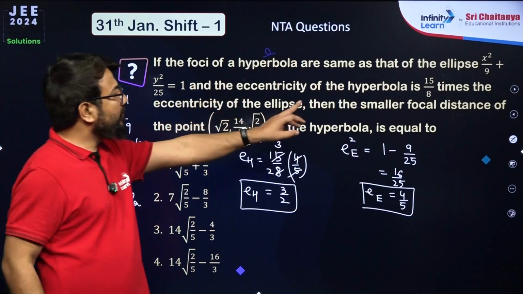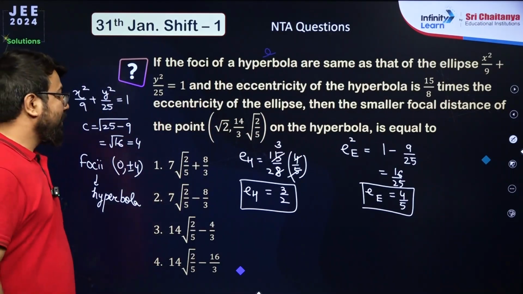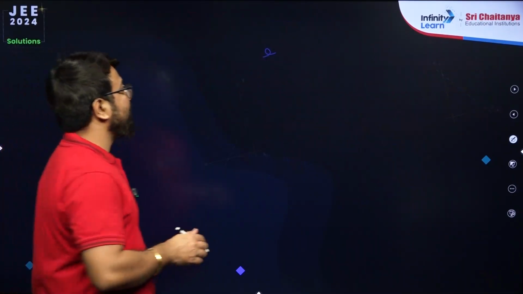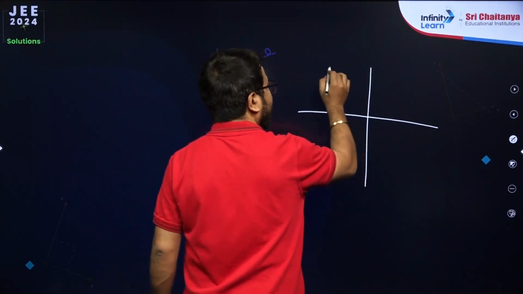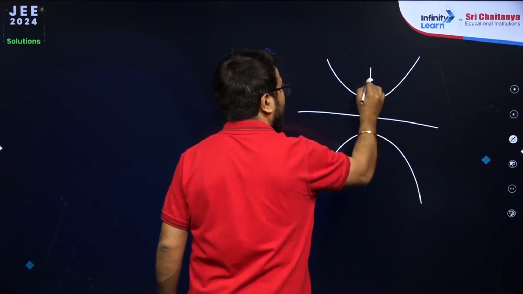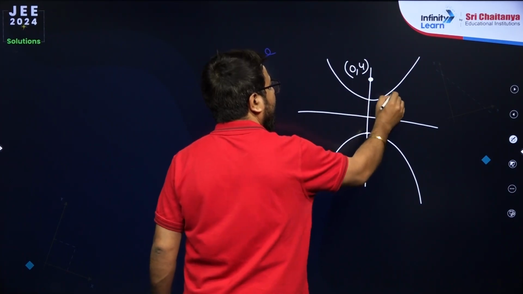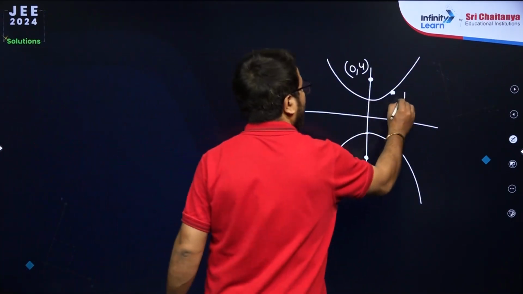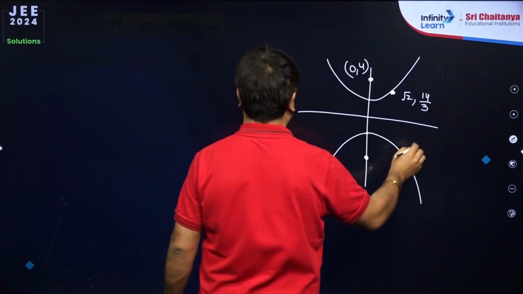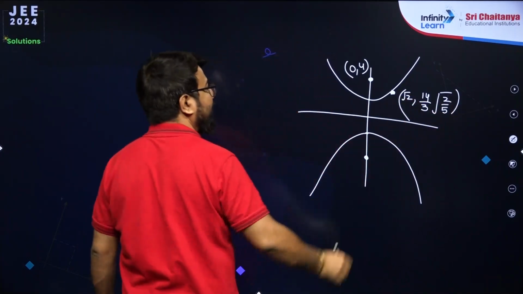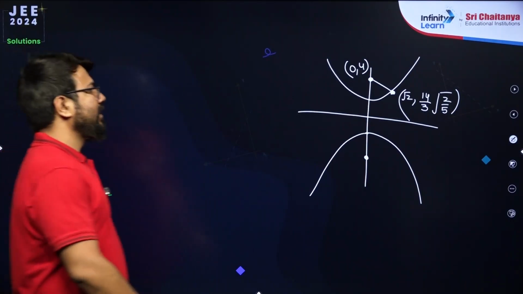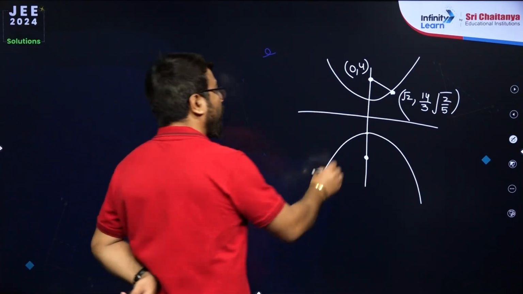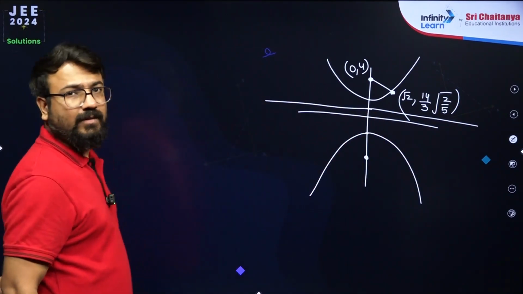Next. Then the smaller focal distance of the point on the hyperbola is what? So a point on the hyperbola is being given to us and I want to get the smaller focal distance. So basically here if I talk about the hyperbola, this is a hyperbola being given to us. These are the focus coordinates 0, 4. Okay. And a point is also being given to us, root 2 comma 14 by 3. So I can write here root 2 comma 14 by 3 and root 2 by 5. So if I need to get this distance, I can also find this distance with the help of a distance formula. If you want, you can use the distance formula also. Or you can just write the equation of directrices, okay, with the help of getting the a square and b